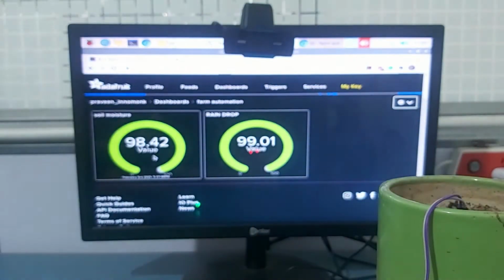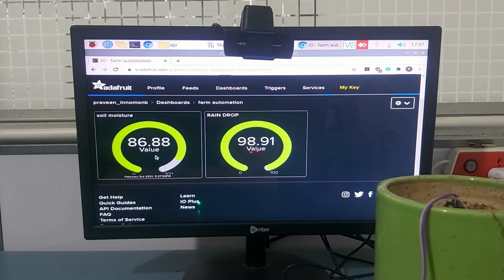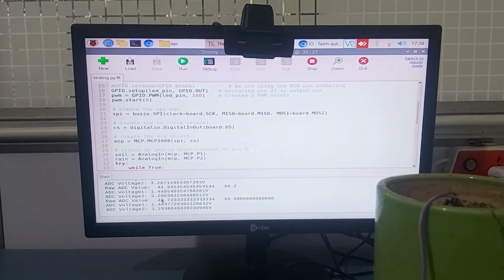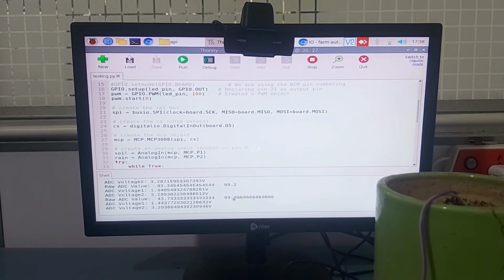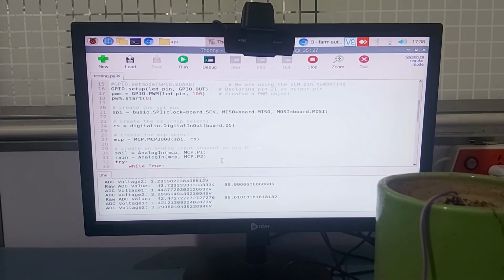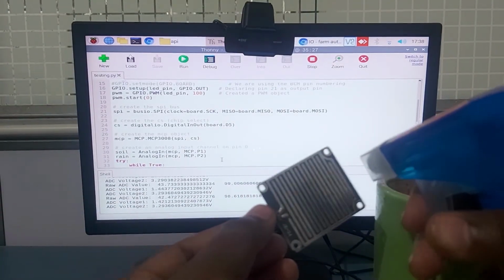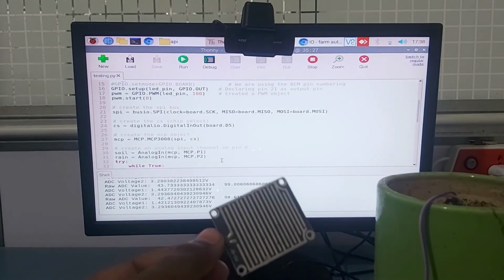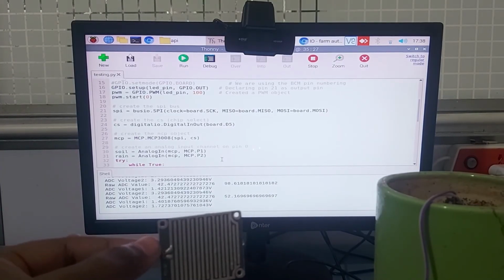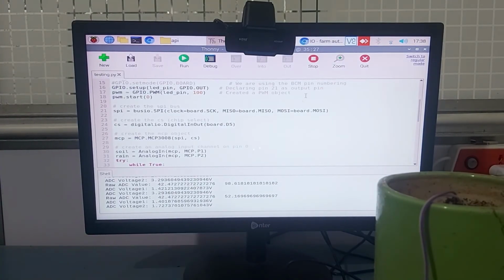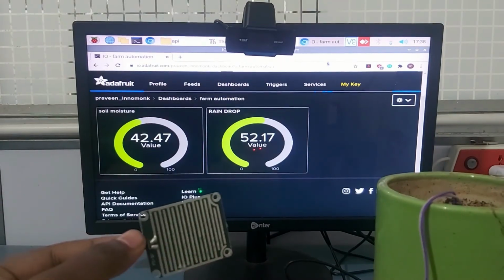So how about the code that we have written, and what about the output that we are getting in the code platform? Let's just have a look at that as well. So we will just match the values. I have put back my soil moisture sensor and I'm going back to my code, and you can see the values match, because whatever values we are getting from the shell, those are the values that we are seeing on the website as well, but in a graphical representation. That is the reason the values should match.